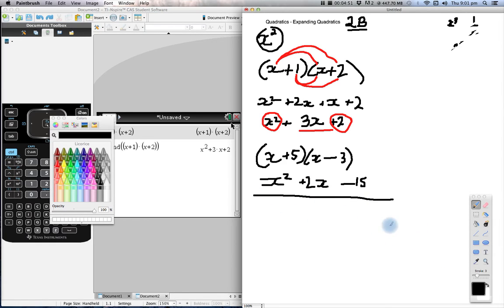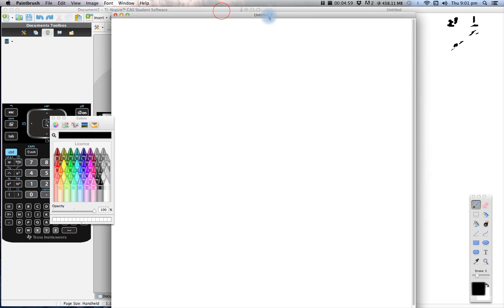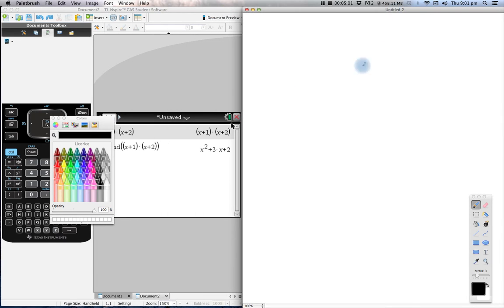Okay, so next we should learn when we can't use this trick. Okay, so we've used it. Now let's learn cases when we cannot use it. Okay, let's get a new screen happening. Alright, so some cases where we can't use it. Let's consider,